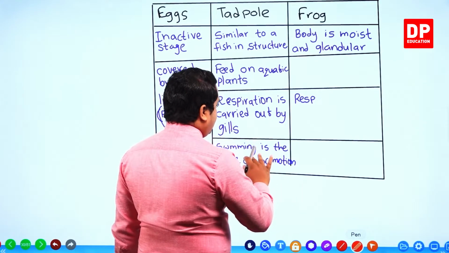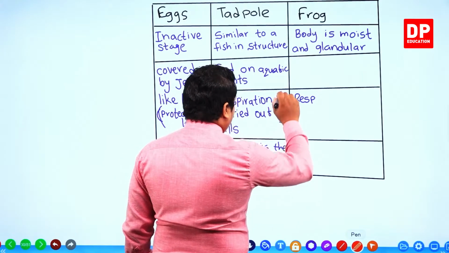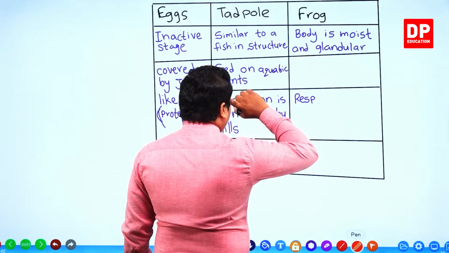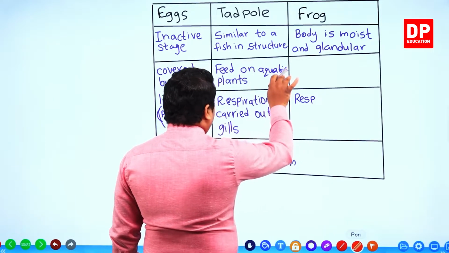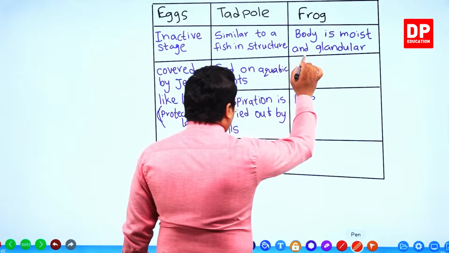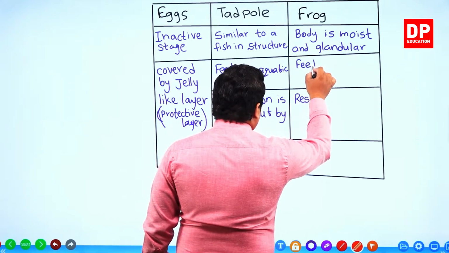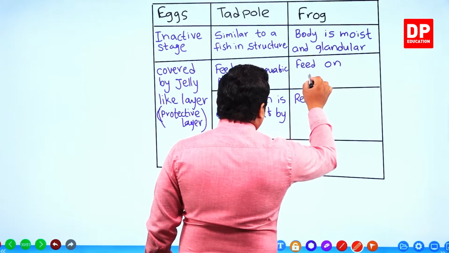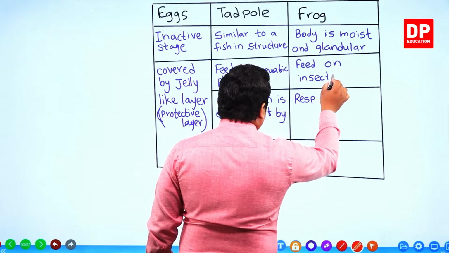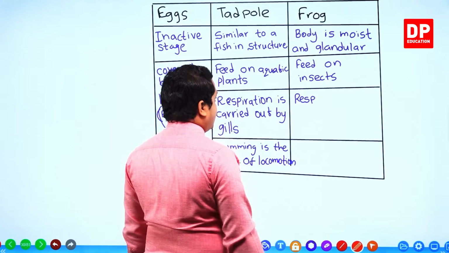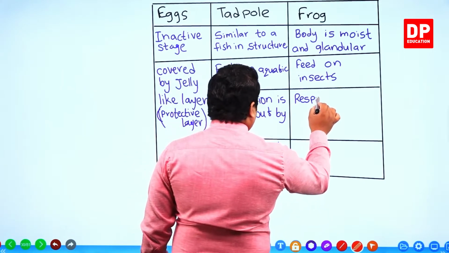Both live in here at the third column. Here you know that the tadpole feeds on aquatic plants, but however the frog is going to feed on insects. Feed on insects. Then respiration